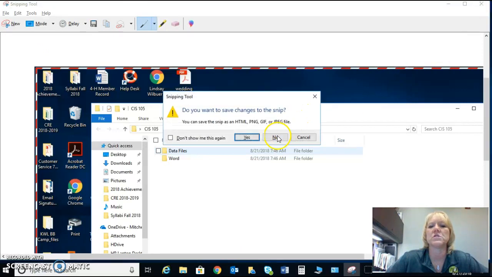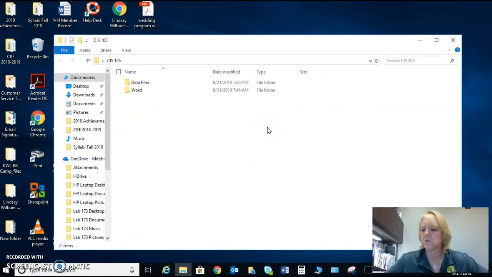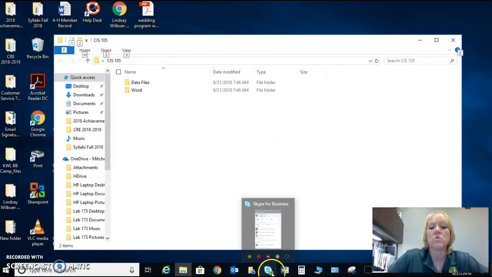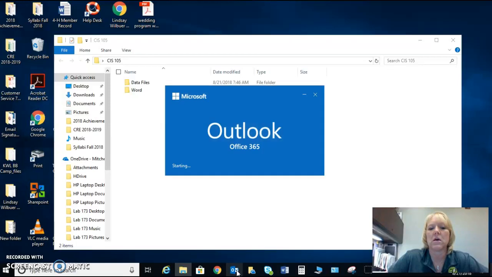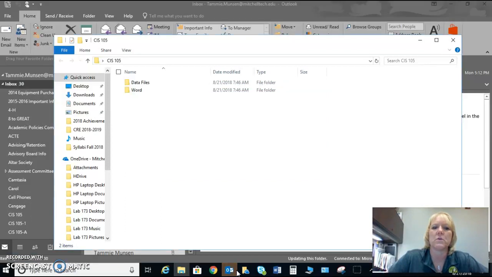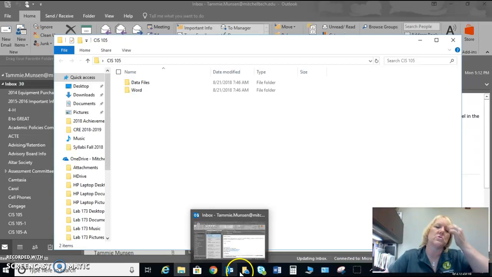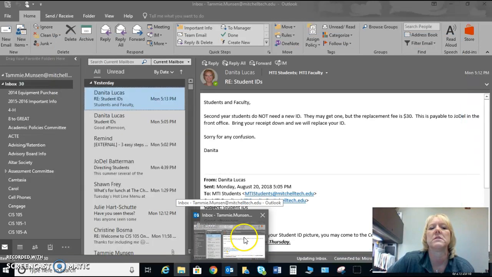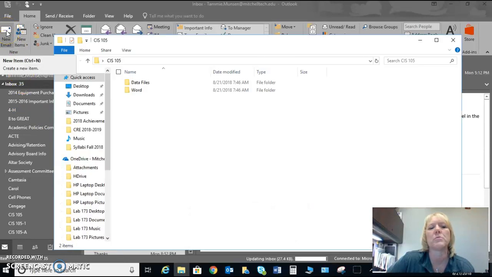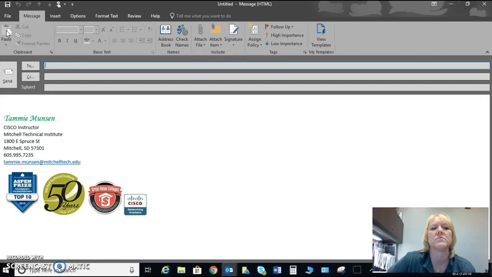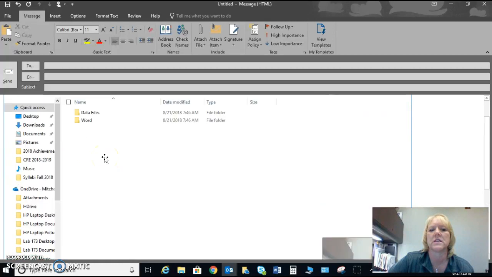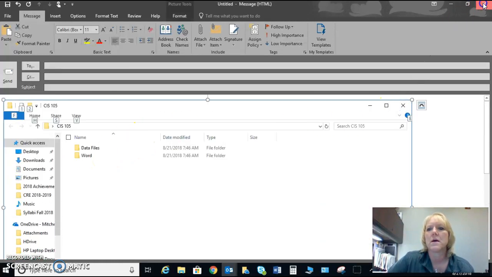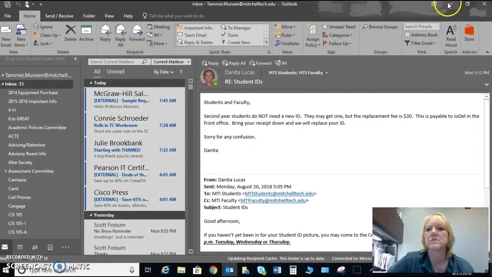The other thing that you can do to do a screenshot is the Alt print screen button. Then you can go into your email if you have to send me an email, and you can simply paste that into the email. Just read the directions and see what it wants you to do, if it wants you to send me an email or if it wants you to just do a screenshot and upload it. So I could click on new email, and then I can just paste that so that the screenshot is actually in there. So that takes care of that assignment.